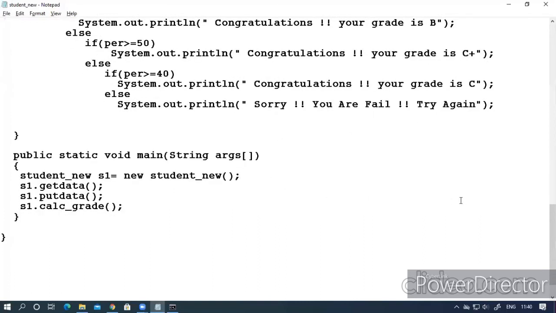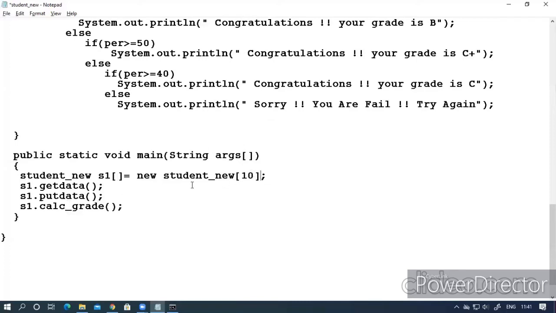So now what I want to do is create an array of 10 students, and of course I have to allocate the memory also. This will be empty, and here you have to create an array which will initialize the number of objects.